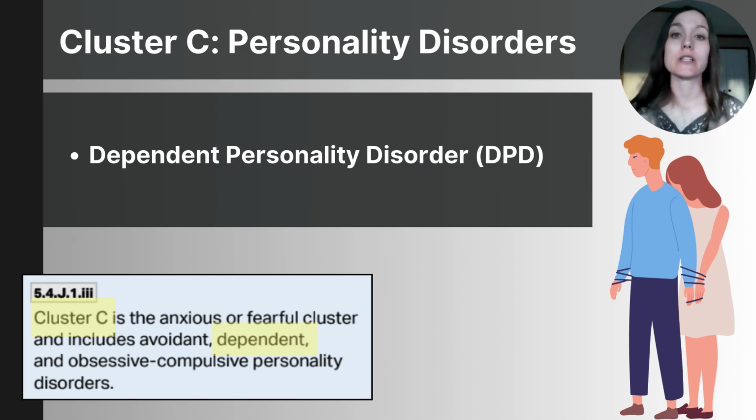Dependent personality disorder is characterized by an excessive need to be cared for, being submissive or very, very clingy outside of normal personality traits that are dependent. So, people with dependent personality disorder struggle to make their own decisions. They fear being alone and they rely very heavily on others for support. For diagnosis, individuals must have five of the following symptoms: difficulty making decisions without excessive advice or reassurance, needing others